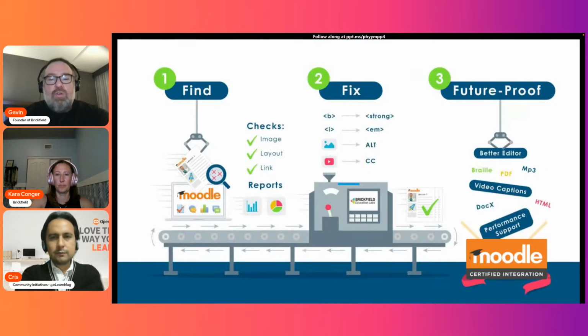And in everything we do in accessibility, we have this philosophy of find, fix, and future-proof. It isn't just about finding it and making sure that you found all the errors and then fixing them. On the right, you need to future-proof because you don't want these errors coming back. So you need training, you need capacity building, you need alternate formats and universal design for learning. So enough from me then.